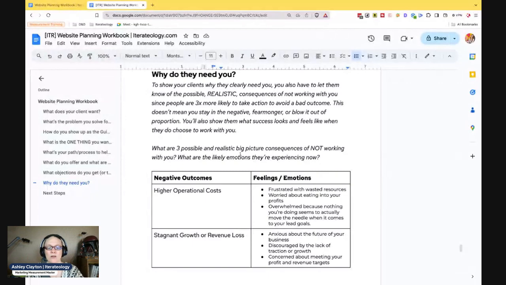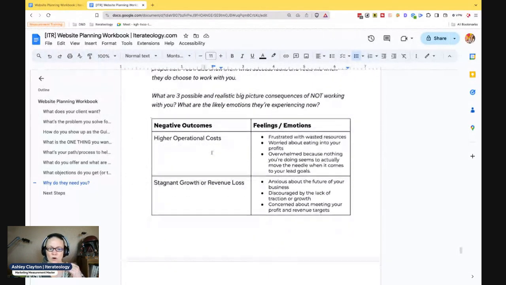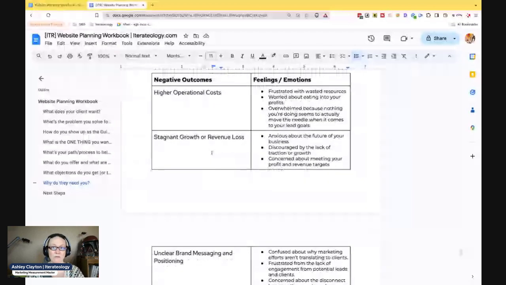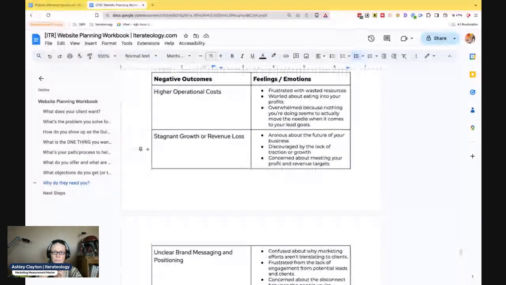So, an example that you can use: what are the three negative consequences for not choosing to address what your main service is, or address the problem? In my example, it is higher operational costs. An example that would be overblown is,